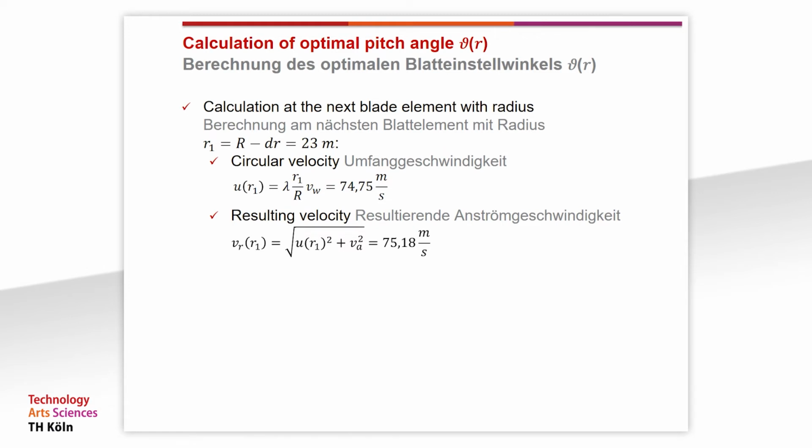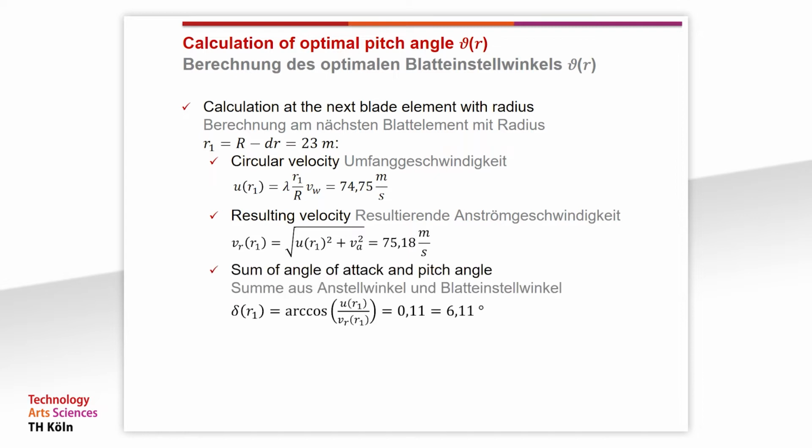After that, we calculate the resulting velocity Vr. It is calculated by the square root of u to the power of 2 and Va to the power of 2 and is 75.18 meters per second in our example. Afterwards, the sum of the angle of attack and the pitch angle is calculated. It is again the arccosine of u divided by Vr. In our case, this leads to 0.11 in radian measure, thus